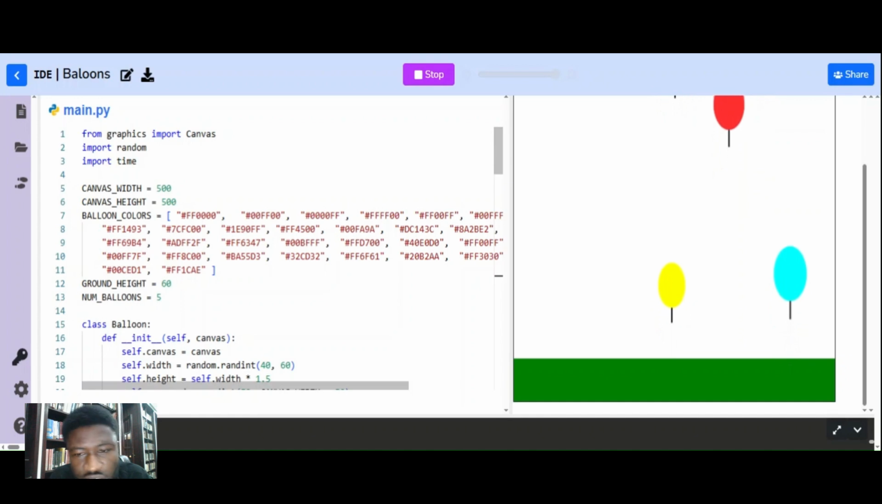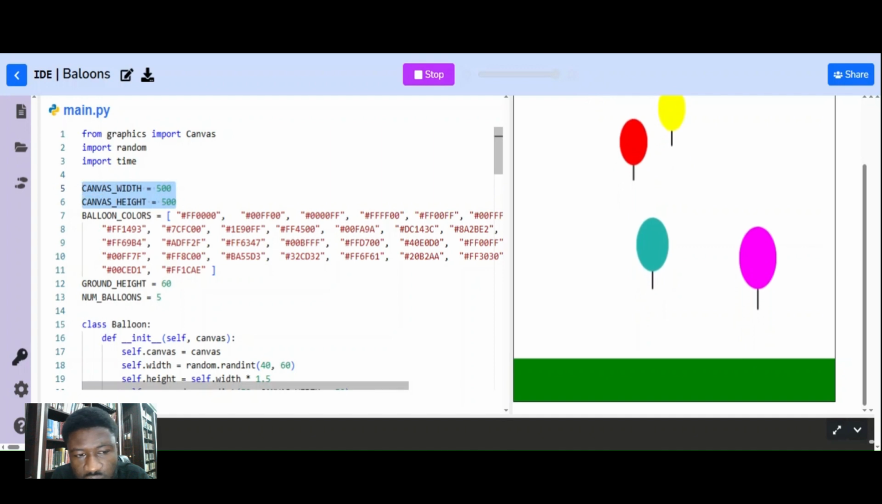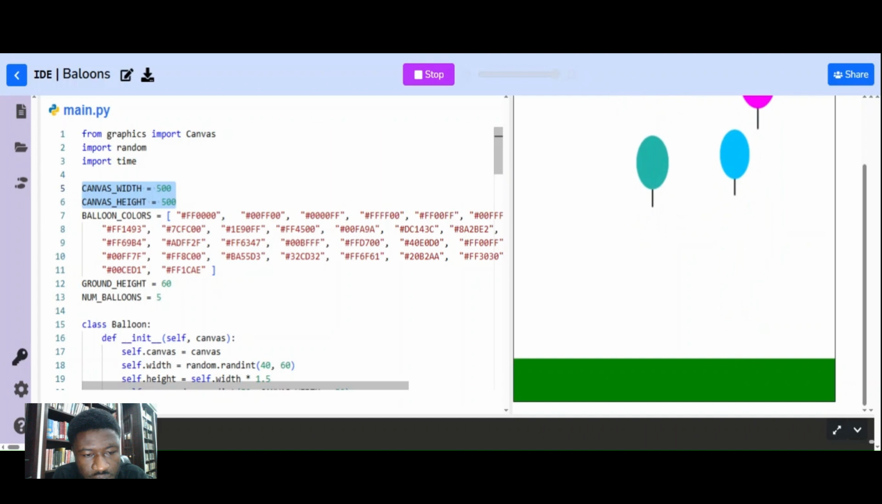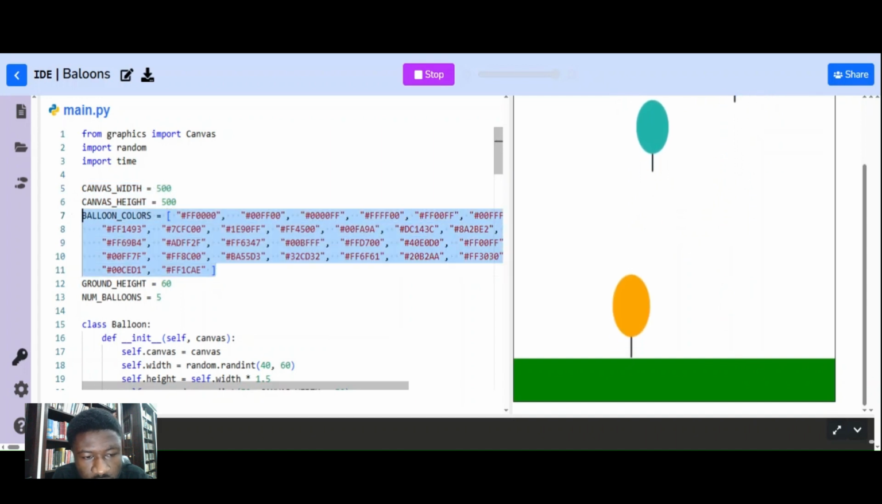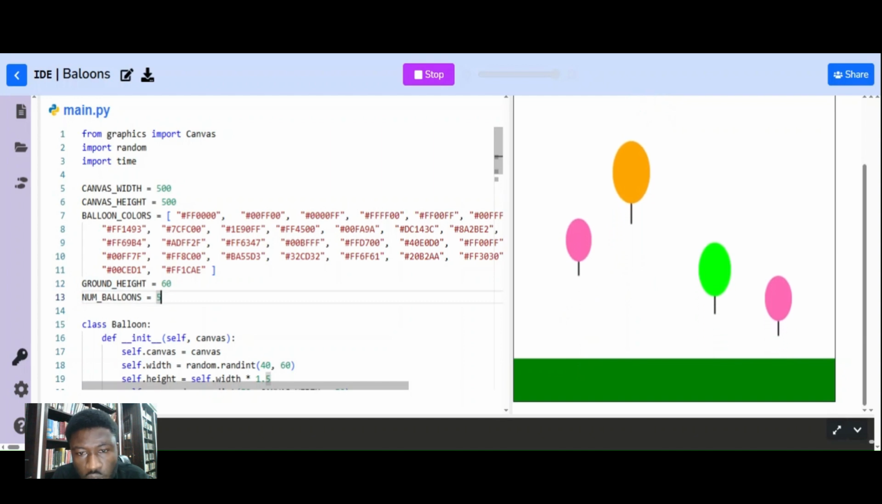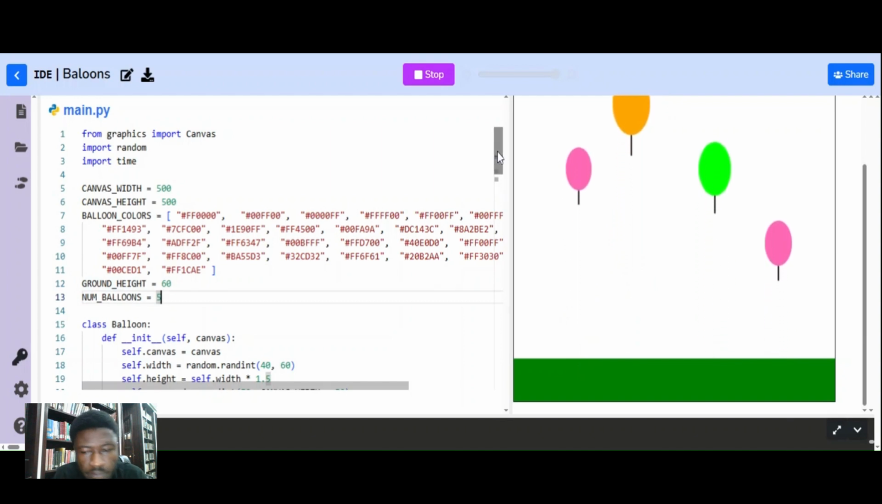Now, for the first three lines, I imported the needed libraries: graphics from Canva, random, and also time. For lines 5 and 6, I set the height and the width of the canvas. This one represents the balloon colors, the ground height, and also the number of balloons to be showing on the